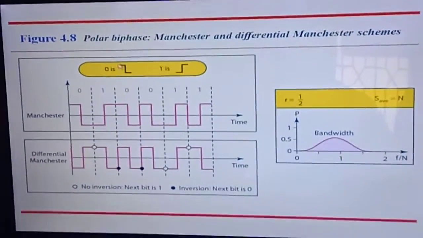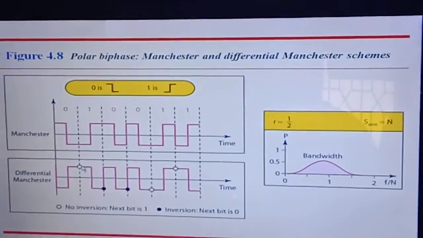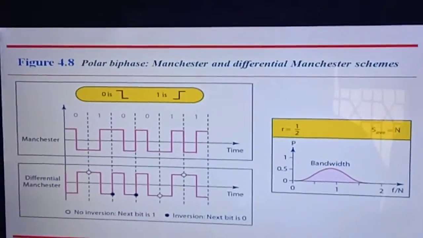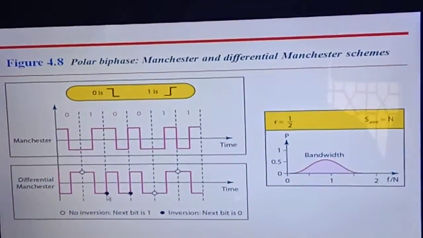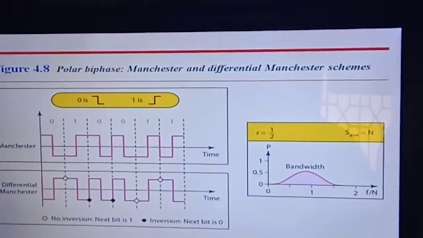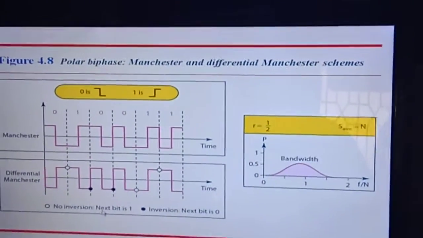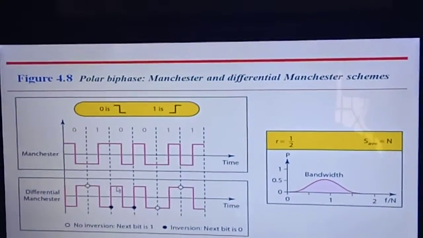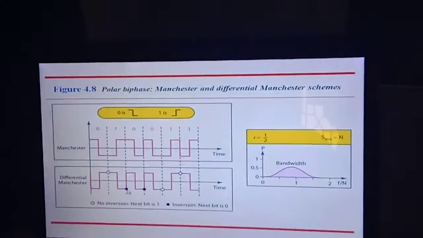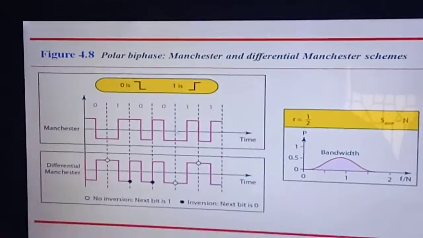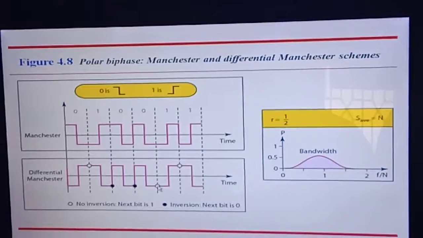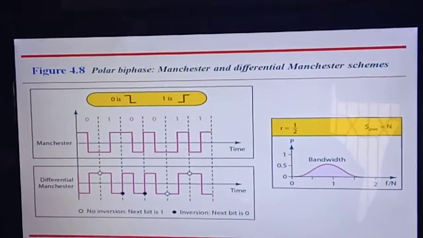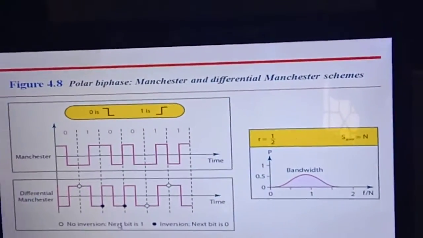when the bit value comes from 0 to 1, there is a signal change. So we are representing the signal changes with solid. If there is no signal change, that is 1 bit. When the bit value changes from 1 to 0, there is a signal change. If the bit values are continuous, there is no signal change. So signal changes are represented with solid zeros, and no signal changes are with empty zeros.